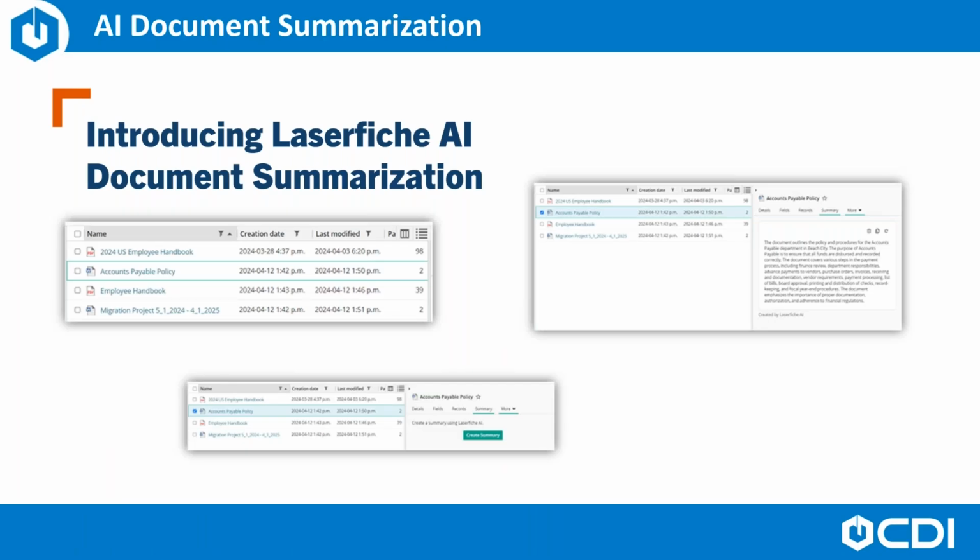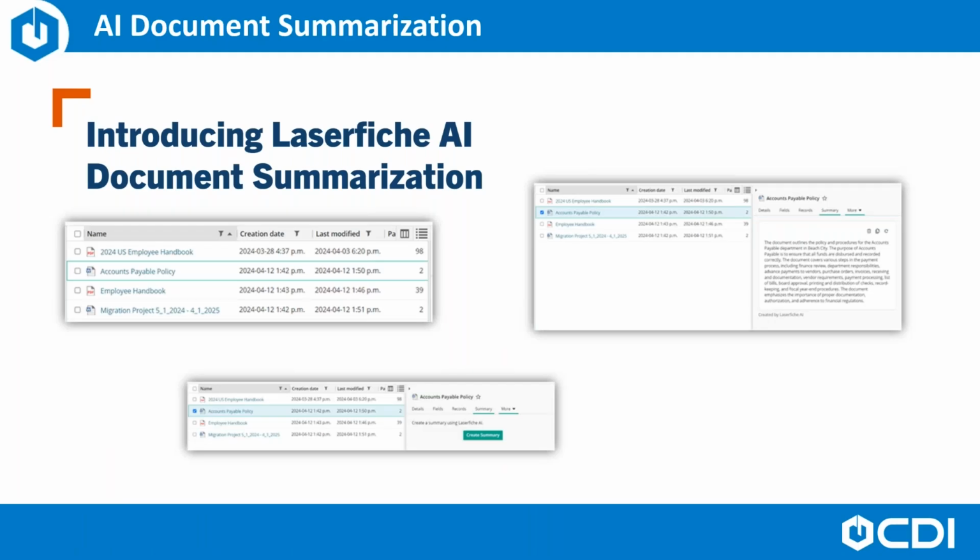If you have thousands of invoices that aren't labeled and filed yet, you generate a summary to understand the vendor, age, value of the invoice without even diving into it. Do you perhaps have a trove of historical documents from a migration that are a mystery to you, that infamous ghost content, and you're not sure what retention policy to apply? Well, use the AI tools to generate a summary to find out which ones you need for compliance.